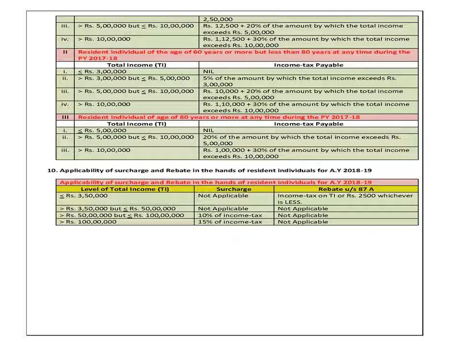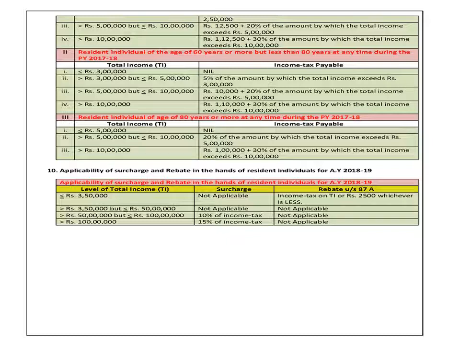For them, if the total income is less than or equal to 5 lakh, the income tax payable is nil. Total income greater than 5 lakh but lesser than or equal to 10 lakhs, the income tax payable is 20% of the amount by which the total income exceeds 5 lakh. And if the total income exceeds 10 lakhs, then income tax payable will be 1 lakh plus 30% of the amount by which the total income exceeds rupees 10 lakh. This is the slab rate.